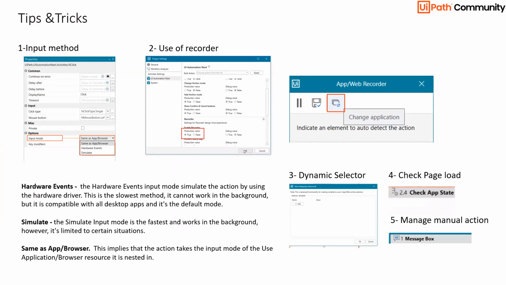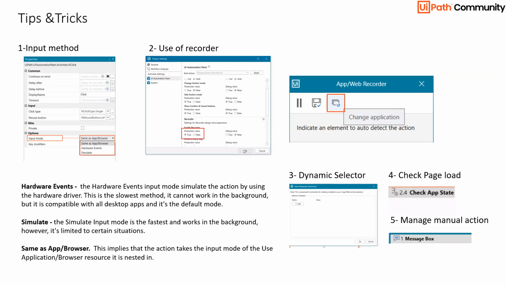When it is input, whether you're performing click, type, and all, this will be part of input. At that time, we do have an option to set how you want to check the behavior of the input method, whether it should be done completely in the background so that it is not interacting with the user, or the user and robot are working together.